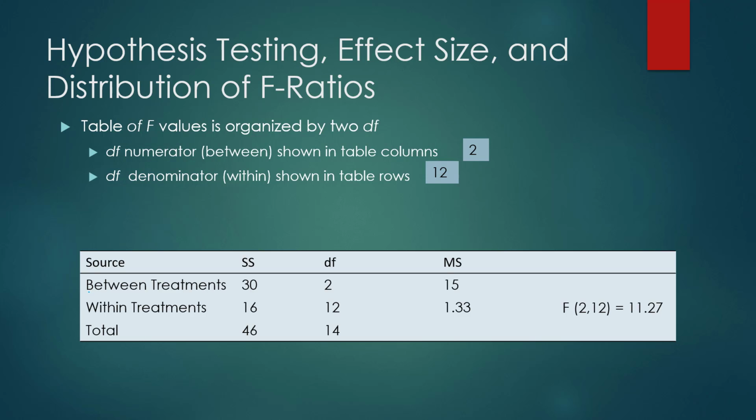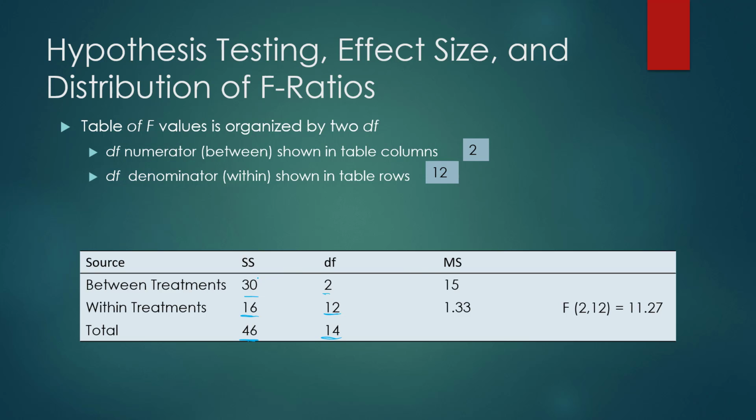So here, just filling in for between treatments, this was the sum of squared deviations for between treatments that we calculated. This is the degrees of freedom here. Within treatments, this was that sum of squared deviations that we calculated. This is degrees of freedom for within treatments. Here was our total sum of squared deviations, and here was our total degrees of freedom. We calculated that